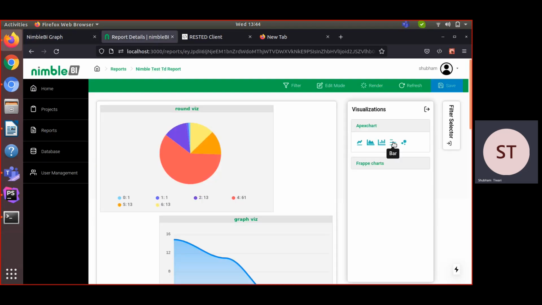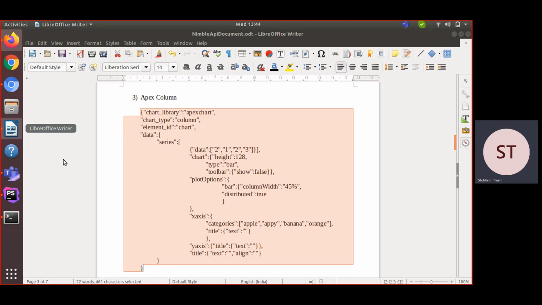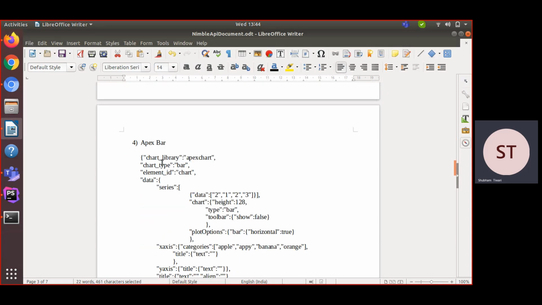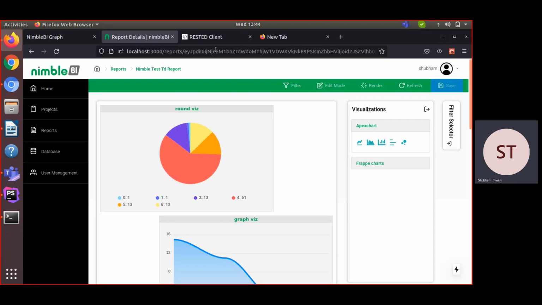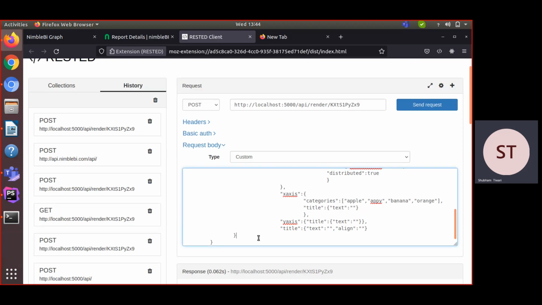Now it's time to test our Apex bar chart. So copy your JSON data from here, Apex bar chart, and paste it here.